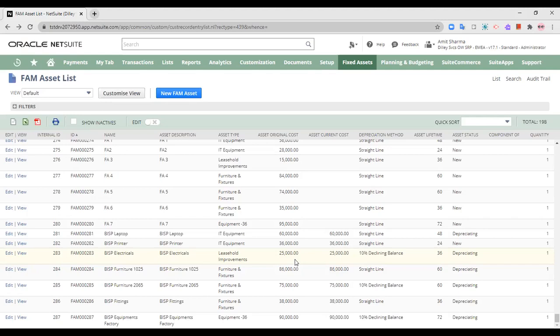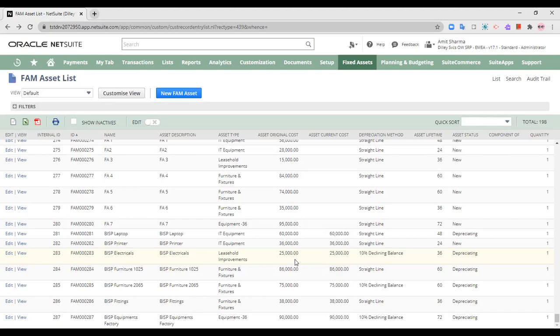Then I perform an import again where I choose the option of update, and in that particular record I'll specify the original cost as the original cost and not the prior book value. Again, I'm going to perform a CSV import, and in the import options I'll choose update rather than add, and the rest of the procedure is the same, so that the original asset cost is updated.